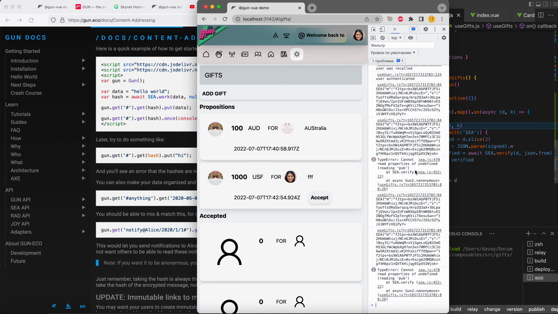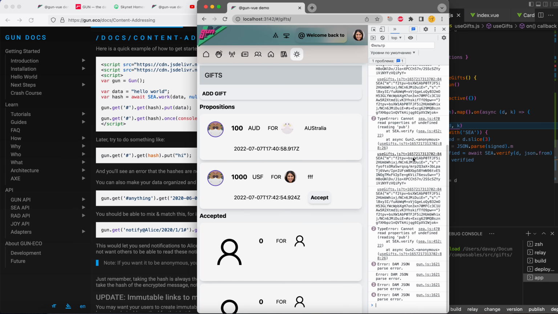Cannot read... Okay, some errors, I will check them later, but useGifts, line 84. So we have the D and the K. The K is the hash and the D is the